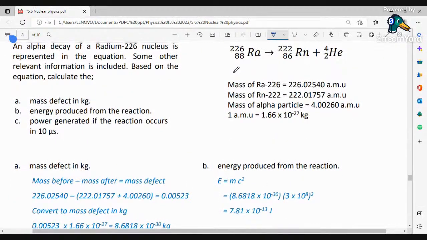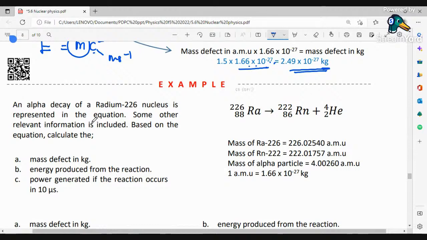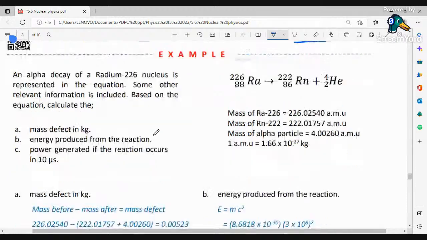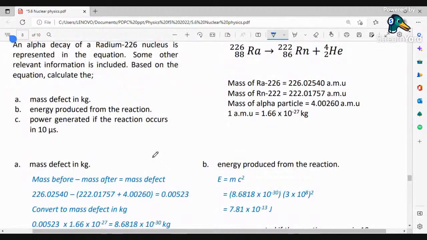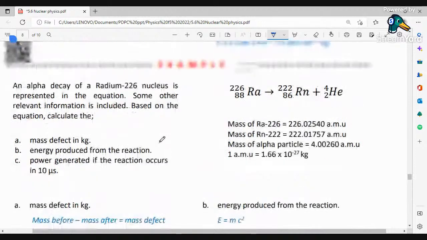Example: alpha decay of radium-226 nucleus is represented in the equation. Some other relevant information is included. Based on the equation, calculate the mass defect, the energy produced from the reaction, and the power generated if the reaction occurs in 10 microseconds. Okay, mass defect, if you look at radium-226